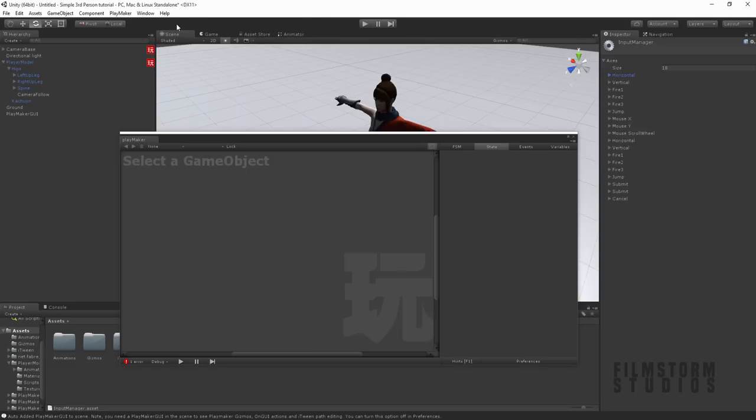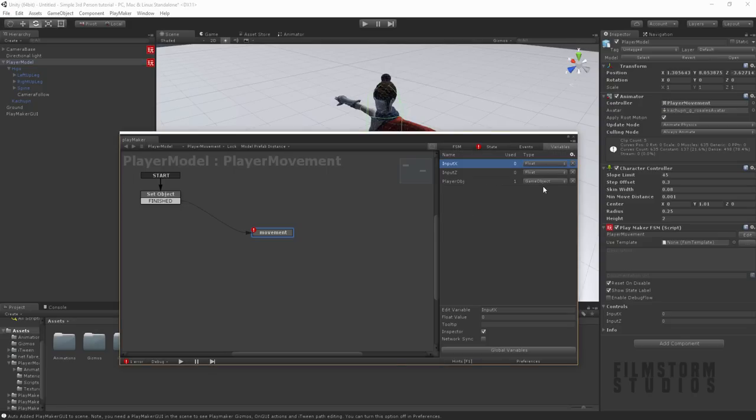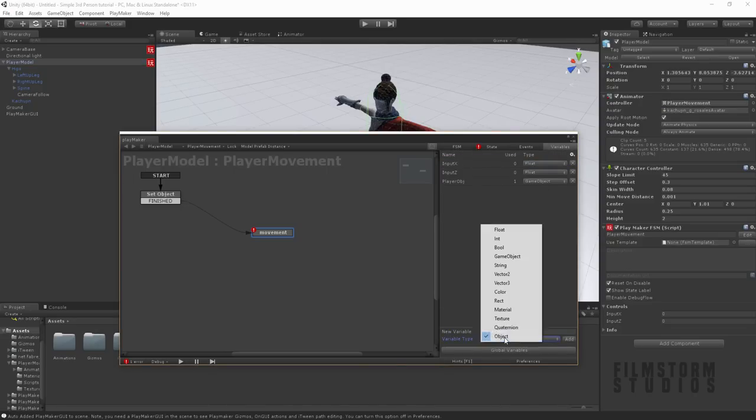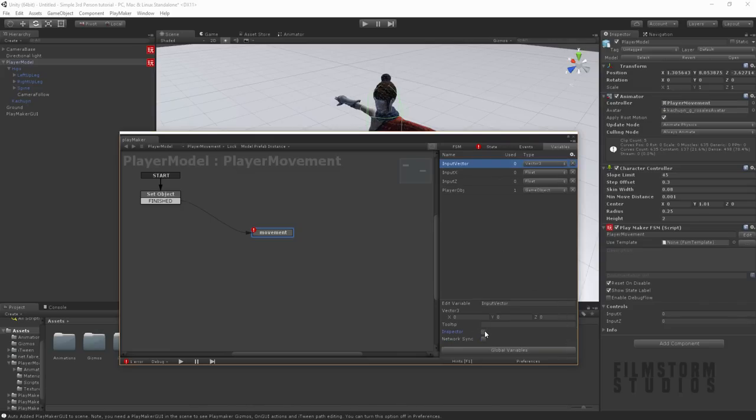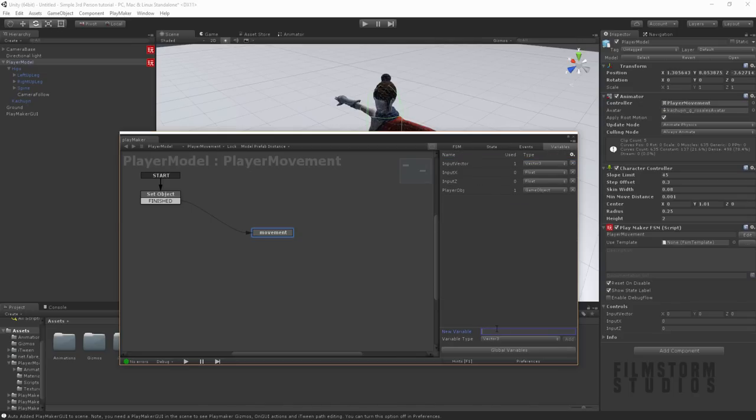So let's jump back to our player, and we want to store our vector inside our input vector, and we're going to save this as a vector3 and put that in our inspector. Let's create another one for our magnitude, because that sometimes helps as well.